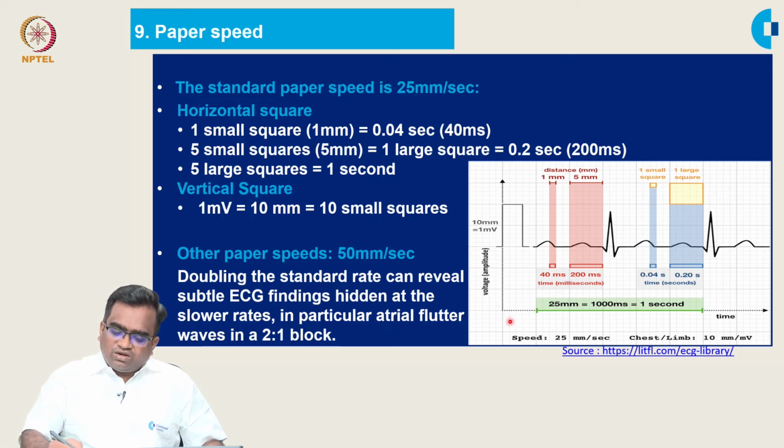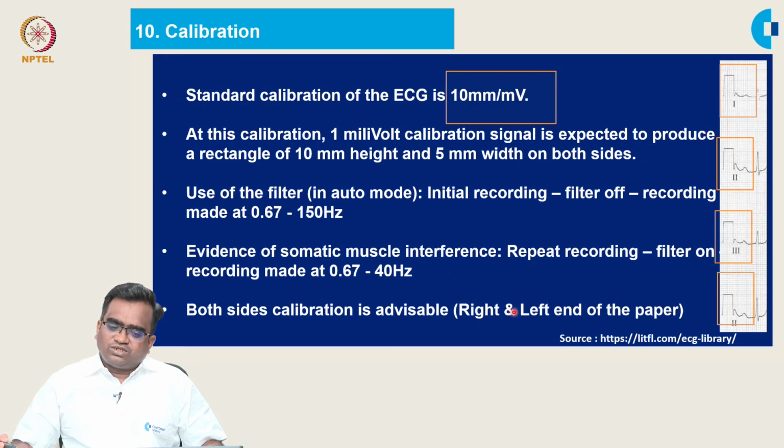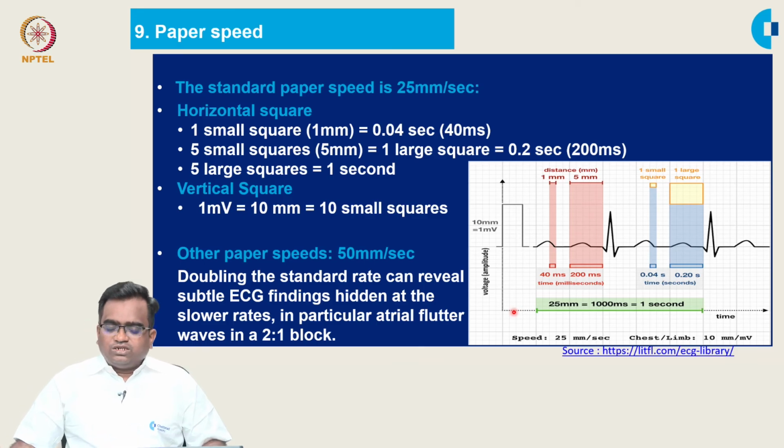So one small square is 0.04 second, one large square is 0.2 second and 5 large squares is 1 second. This is for the